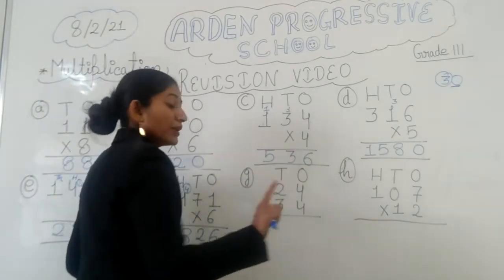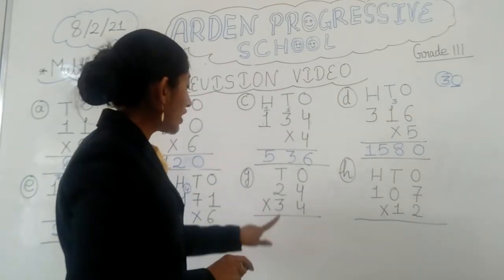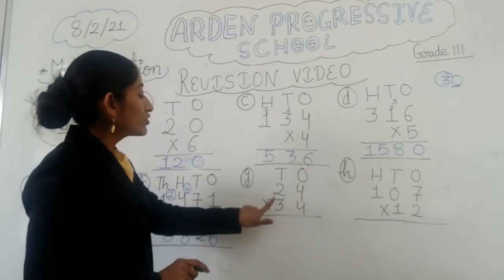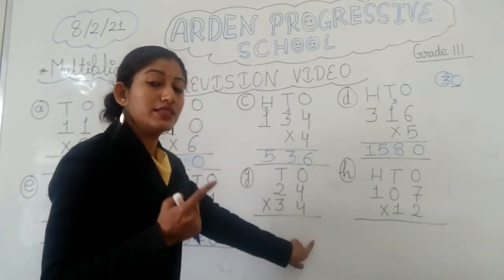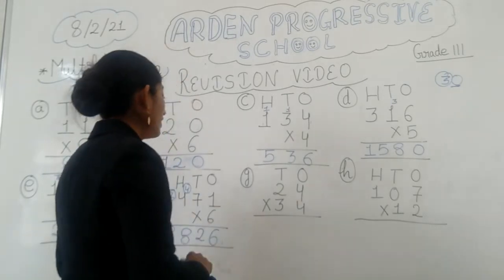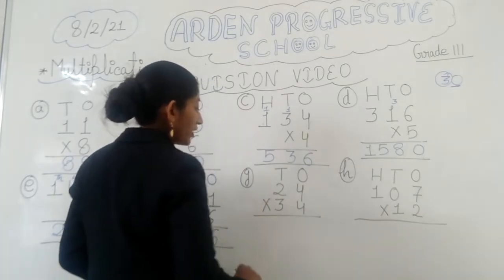Now, so simple, we don't have to do anything more. We have to multiply, but when there is the second digit also, for that you know that from the second line we have to put a cross at one place. So same thing we will do here. So this is 24, this is 34.